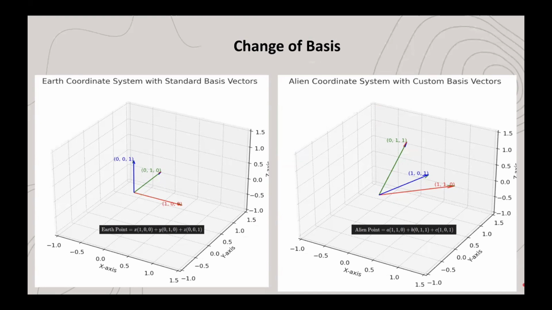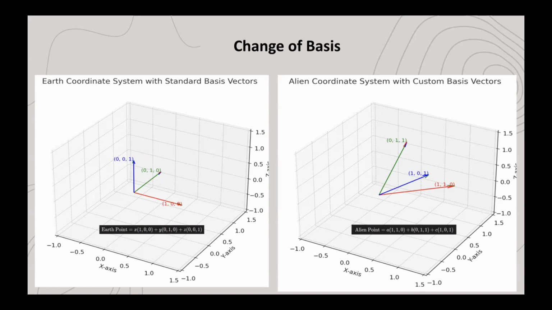Now, this is a fun example to understand the change of basis. Imagine an alien civilization with mathematics similar to ours, but using a different version of the coordinate system. Suppose they are visiting Earth, and we have agreed to meet them at a specific point in space to greet them for the first time. To ensure that we arrive at the exact same location, we must have our coordinate systems coordinate with their coordinates. A little bit of inception going on there.